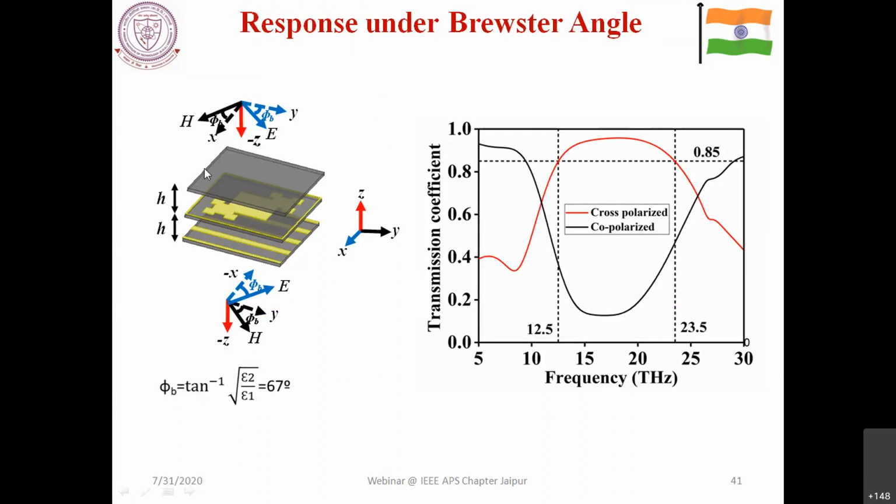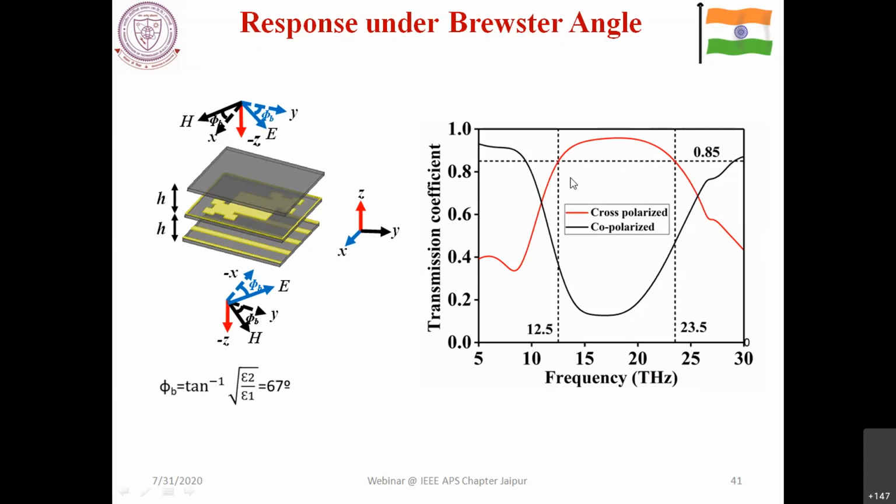So what you have to do is take a simple dielectric instead of the periodic structure. Here the wave, instead of normal incidence, you have to orient it at an angle of phi b, the polarization angle, so that it will be incident normal to the structure. And you can get a semi-identical kind of response, where you are getting the maximization of the transmission coefficient by an angle of 90°.